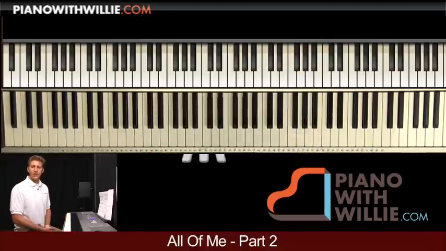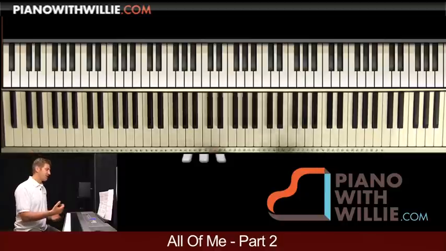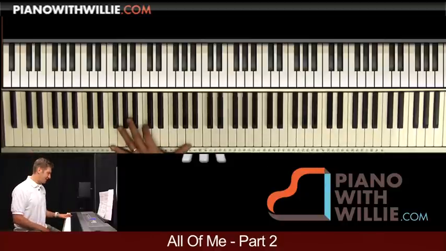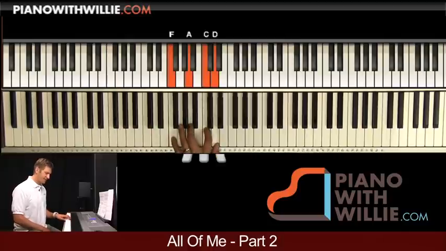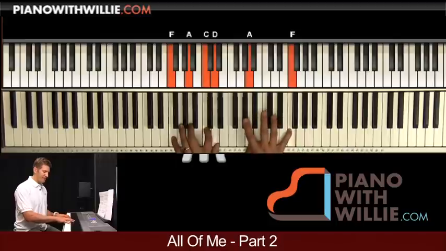Now there are actually only 2 major chords in this entire song, C major being one and F major being the other one. So let's jump to the F major chord and see if we can figure it out there. Here's our F major 6. So we're going to play the root, the third, and a half step below the third. Also the 5th and the 6th. So our 5-note cell for F major 6 is